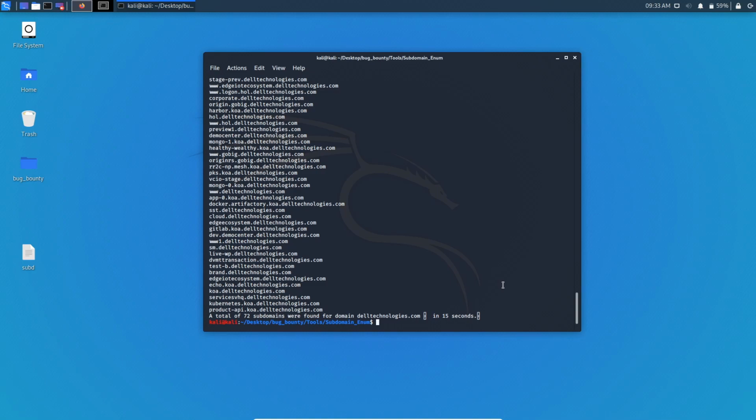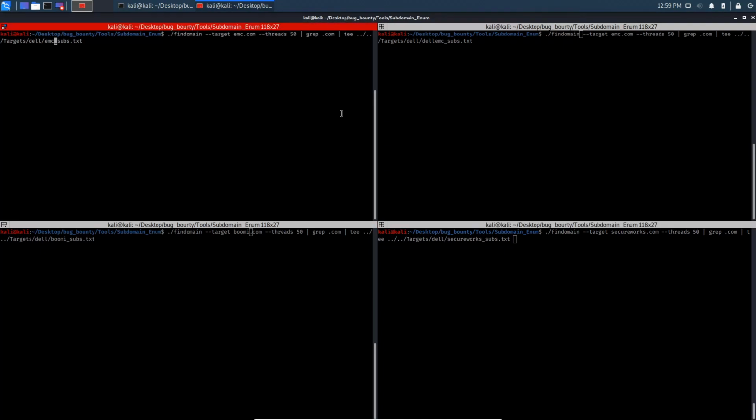Now let me open up the Terminator tool to manage multiple terminals at once and execute commands simultaneously, and find subdomains for the remaining websites which are in scope. Now I am going to execute each command with different targets simultaneously and save the files under the target folder with their corresponding names as txt files. Let's wait until all the programs run.